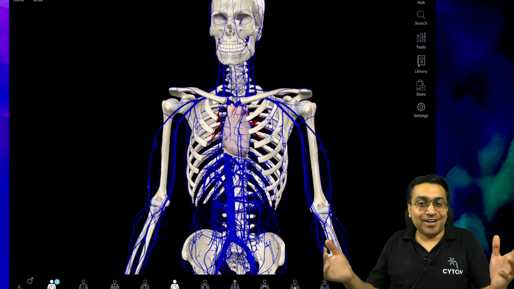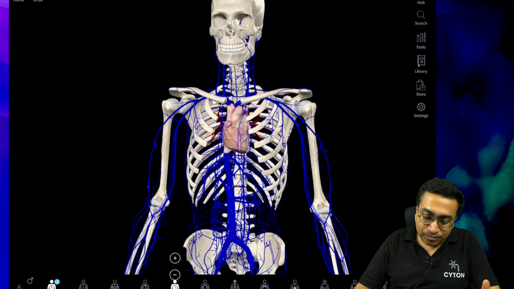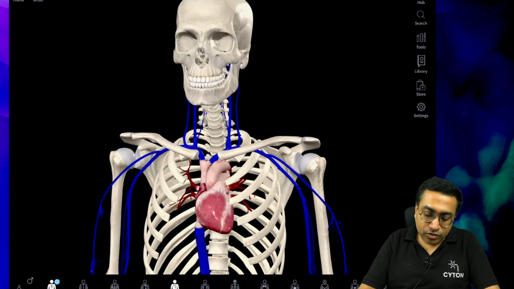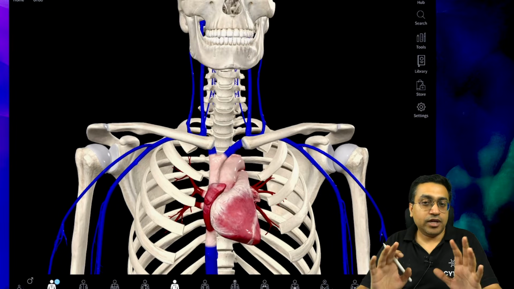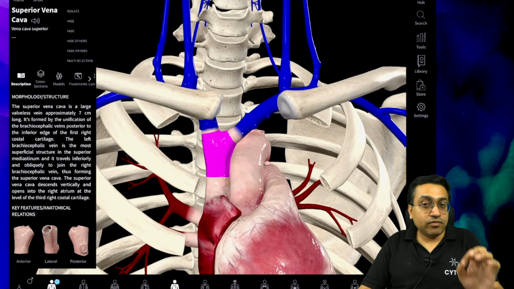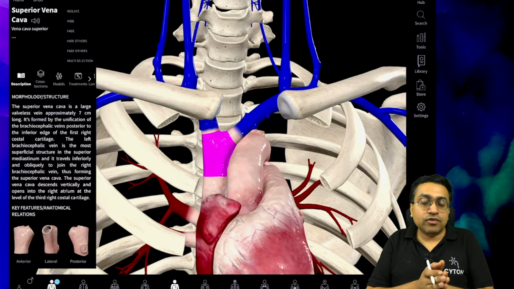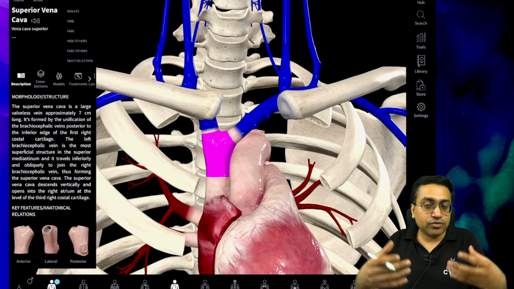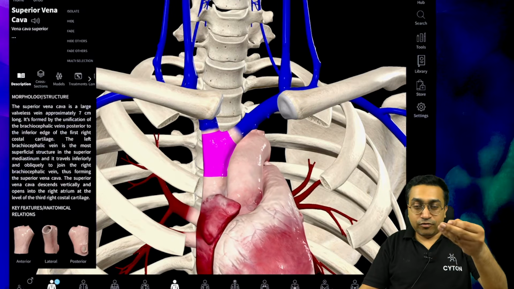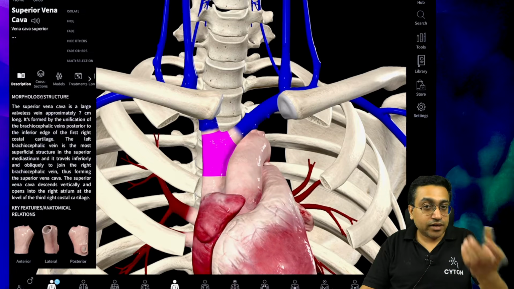But in the body, ultimately we have so many things inside, right? So I have removed all the minor veins, we will discuss that eventually region wise, focusing on the main ones right now. Now you see here, this was the main point, that is the superior vena cava. See, now the word changes. Arteries had branches, veins will have tributaries, and there will be formative tributaries which will drain into the major vein. Now you can see the superior vena cava is taking the blood into the right atrium. From where is the blood coming? That is the main point.